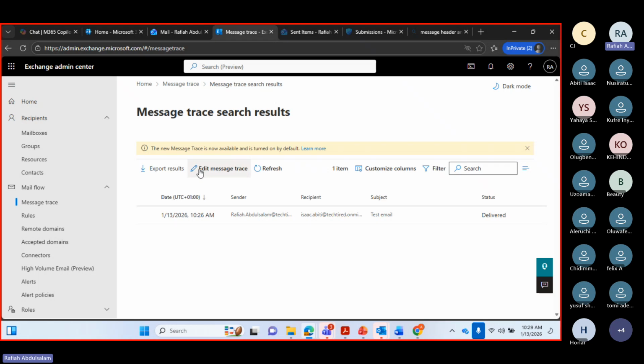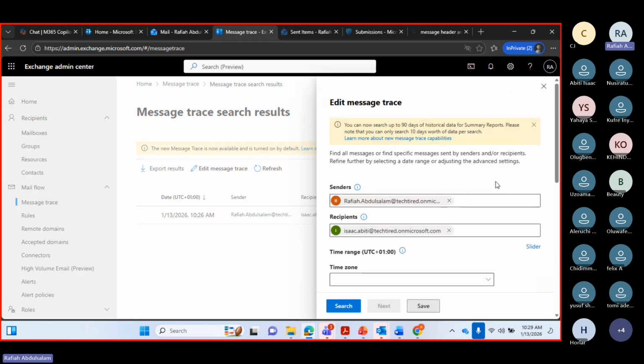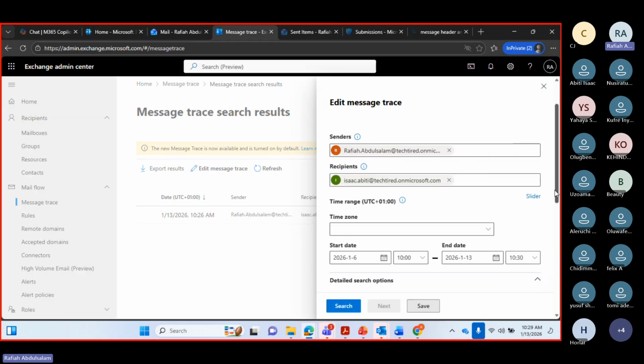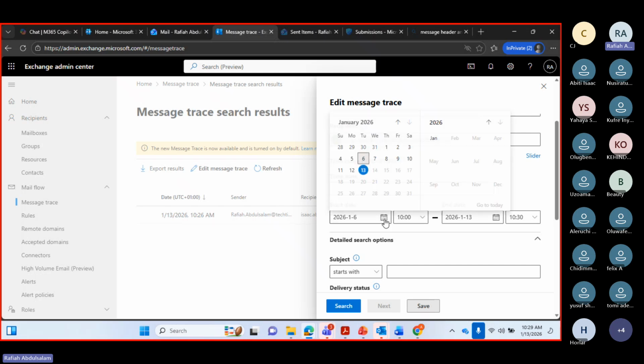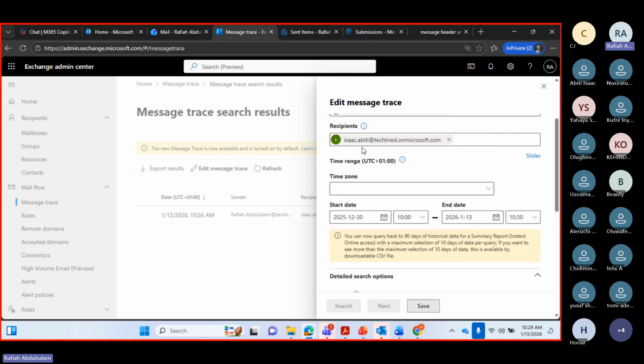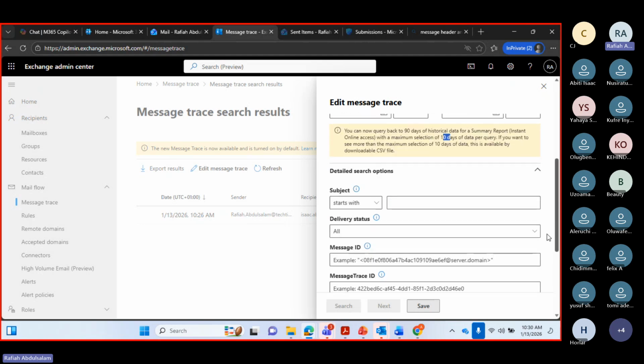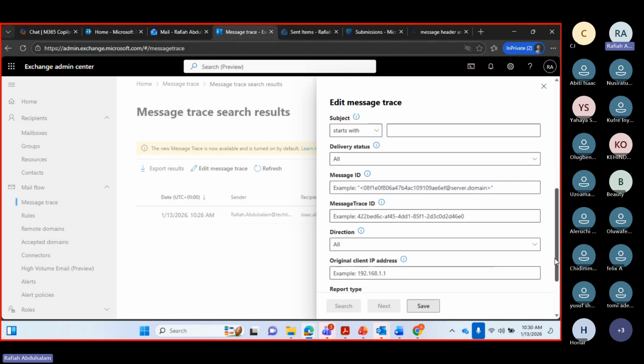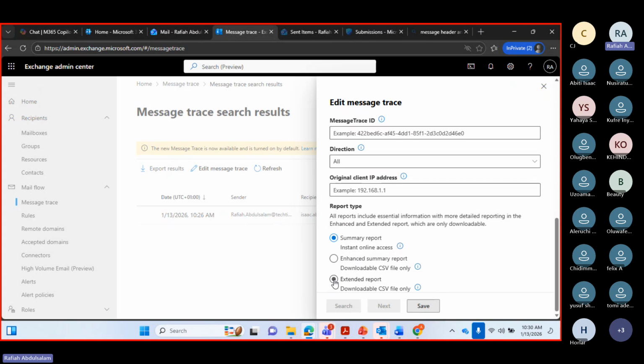Now let's go back to editing this message trace. What if I want to pick a time past 10 days? Say 2 weeks ago, that's like 14 days. You'd see here, it says you can now query back to 90 days of historical data for a summary report. For anything more than 10 days, you have the downloadable CSV file, which is what we call the extended message trace report, this one here. So you click